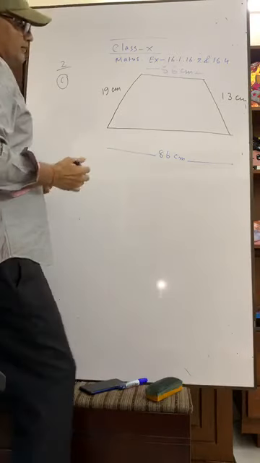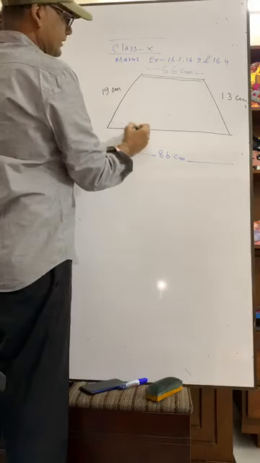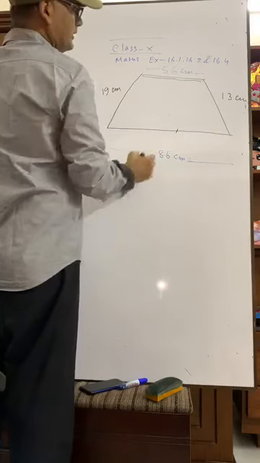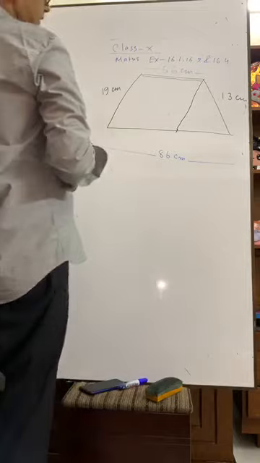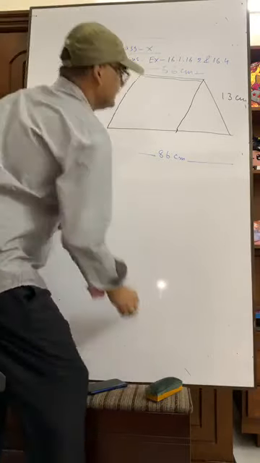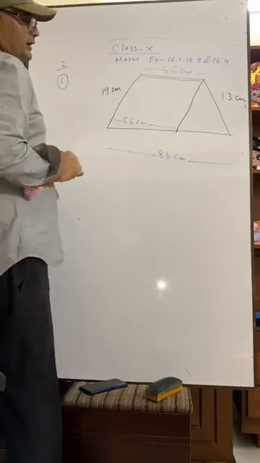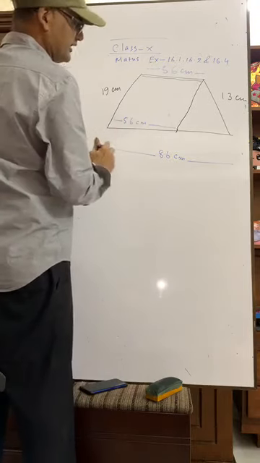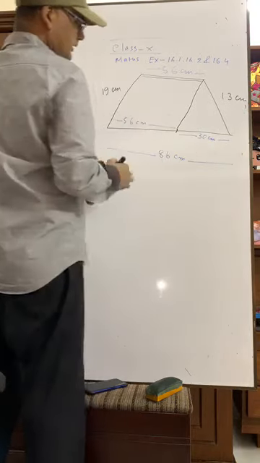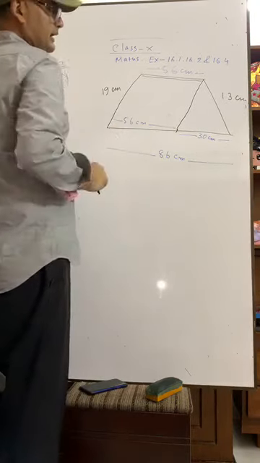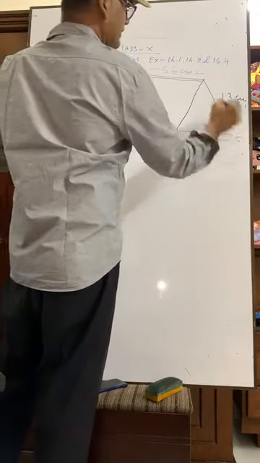What is to do? At first, you see, my dear students, you take this length here, like this. So you join it. You see what I have done. That means it is also 56 centimeter. Now 86 minus 56 equals to what? This is 30 centimeter. Now we name it A, B, C, D.